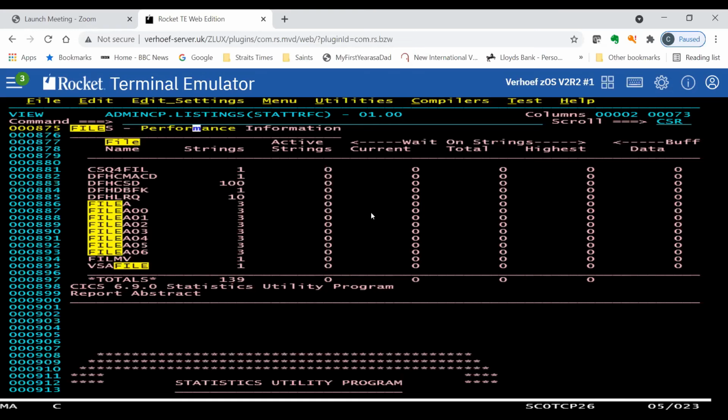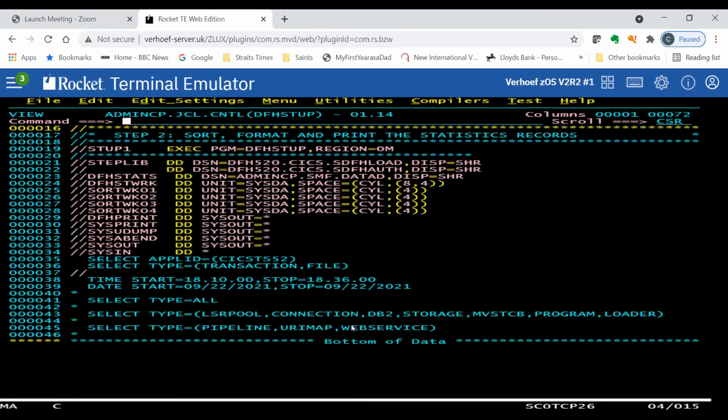So again, with your trend analysis, if you can report on that, and just going back to here, you can see I can look at connections. If I see failed allocates here, I know that at that moment in time, I didn't have enough receive or send sessions to satisfy the current demand. Obviously, I don't want to have that because now we're in a wait state until we get a particular session allocated to us. So again, I can write a REXX procedure based on the failed allocates and build up trend analysis on that particular area of it.